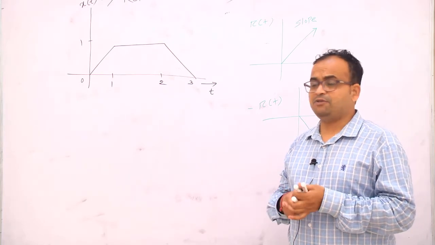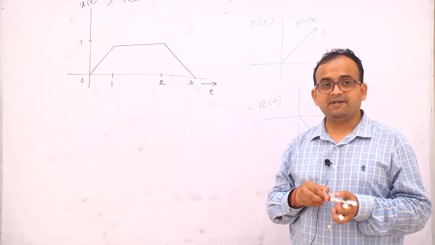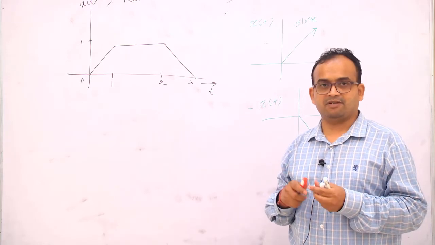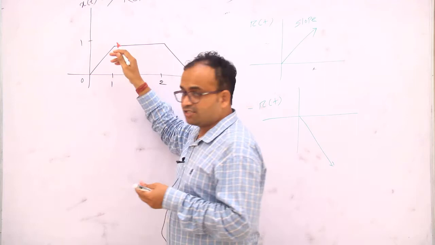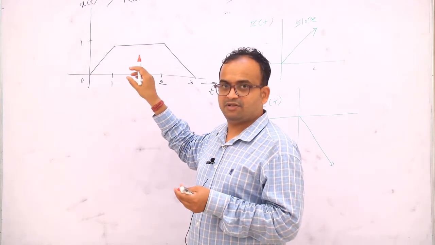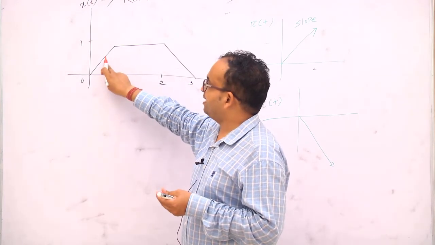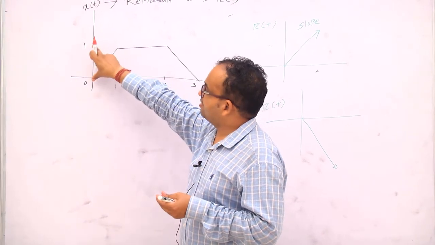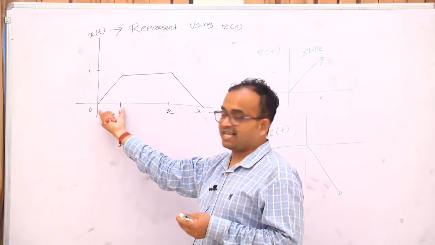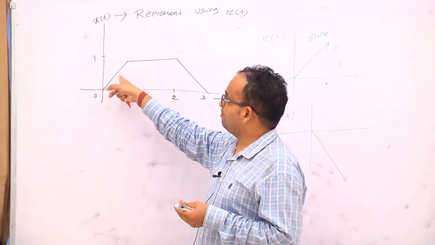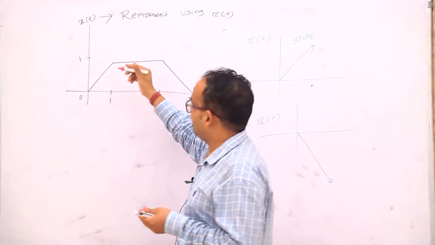So before going to draw the signal, let me first indicate the different types of slopes. In this case, we know that slope equals y by x. So what is the slope here? Y is 1, in the y axis 1 is there, in the x axis 1 is present. So the slope here is 1. So I am writing